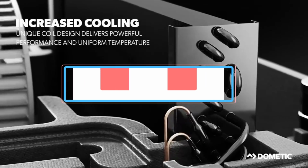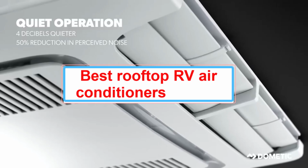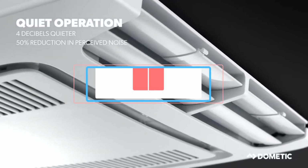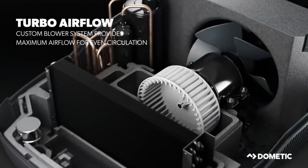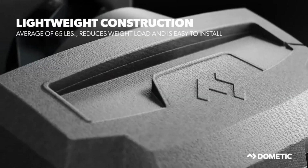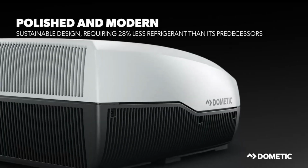RV travel is an excellent way to enjoy an outing and experience new adventures. However, that can become a curse when temperatures rise, compelling you to compromise with the comfort that your RV offers. An air conditioner is your best bet in such circumstances. Here's a collection of the best RV air conditioners to have your back and keep you cool in the sweltering